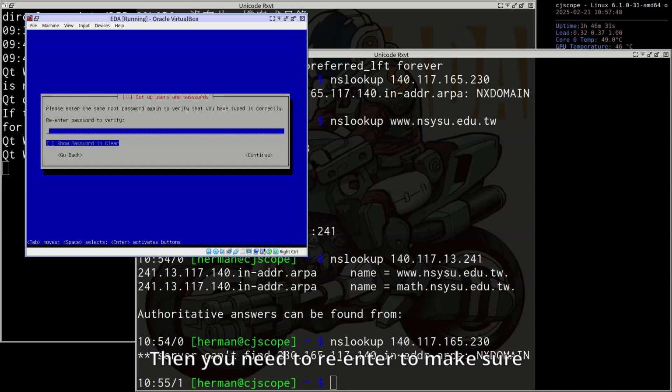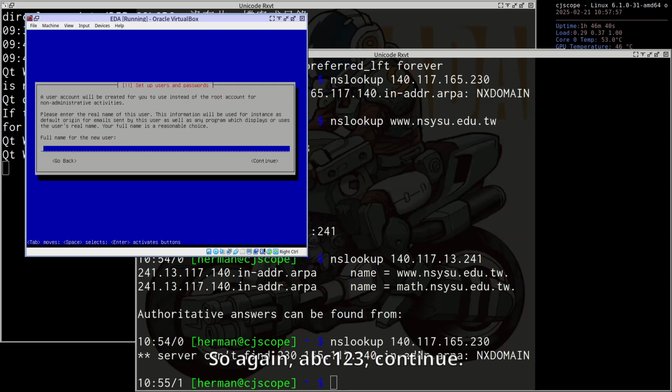Then you need to re-enter to make sure that you type the password correct. So again ABC123, continue. Then you need to create a normal user, not root. So in this course, we all use Hunter as our default username.